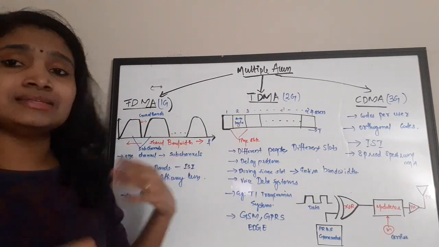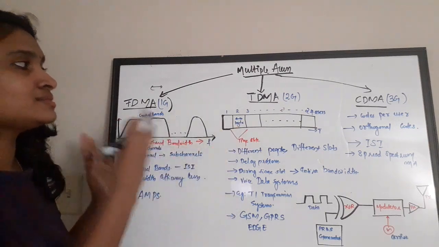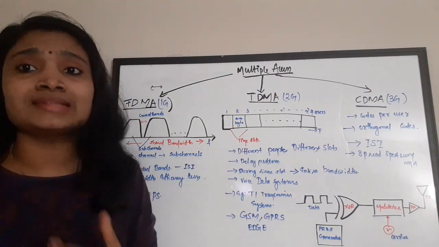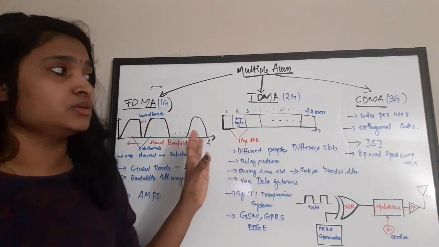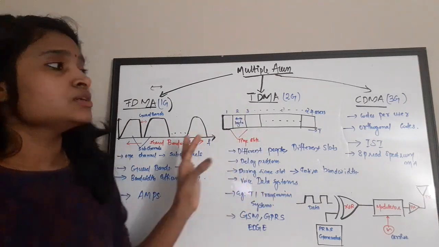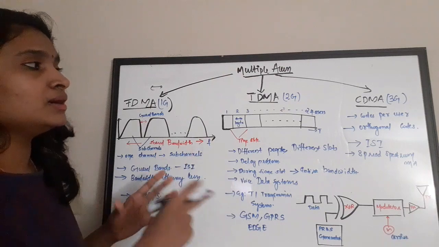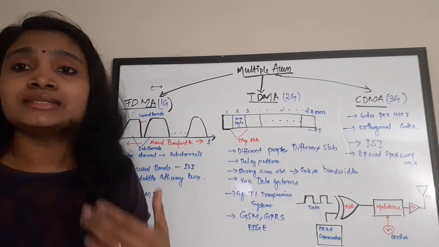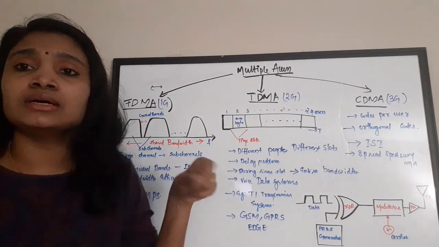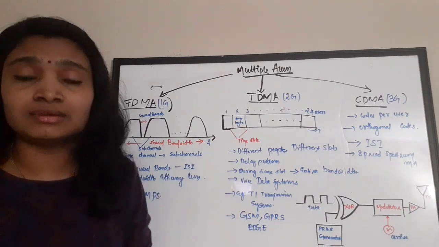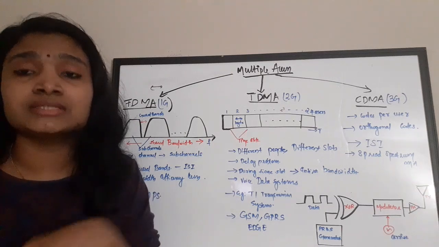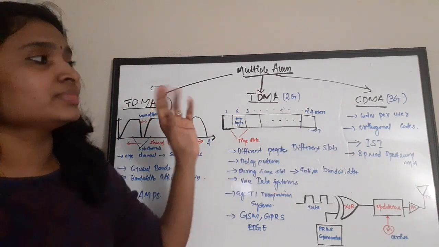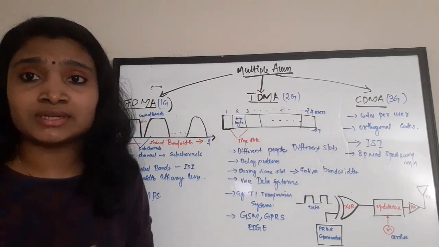Okay. So this is actually a revision of CDMA, TDMA and FDMA. And if you are preparing for your college examination also, you only require this much information. So this board is a quick revision of TDMA, FDMA and CDMA. So that is the TDMA concept, time division multiple access. The entire time duration of the channel is divided into various time slots, and each time slot is allocated to various users.